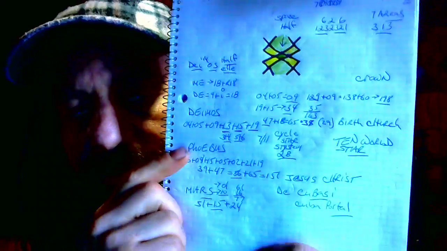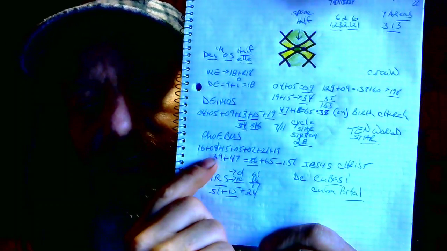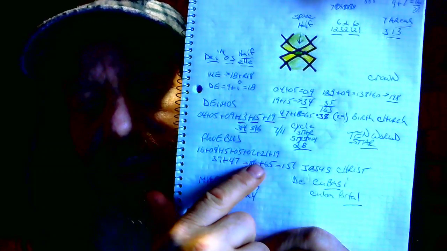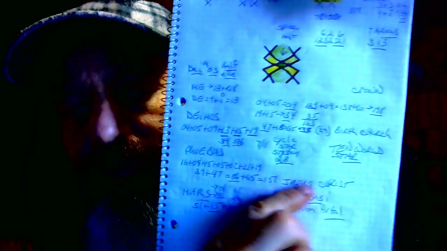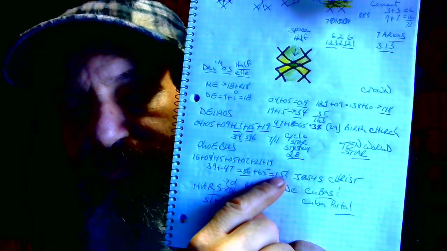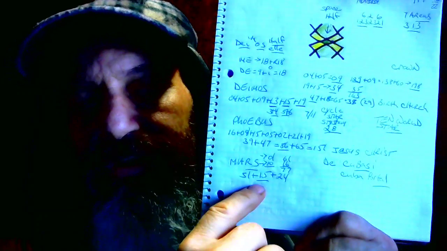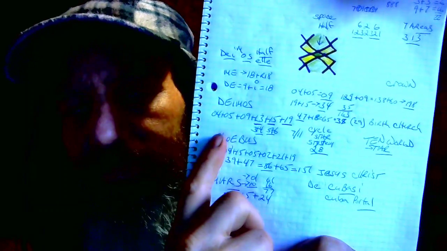I'm not going to start explaining it all. It's just how it works out. Phoebus, when you total it out, 39 and 47 equals 86. 86 in Deimos, 65. 155, 51. Jesus Christ, 11, 11. 1 times 5, 1 plus 5, 11, 11. Inside of Mars, 15, 51. The same 2 numbers with the moons added.